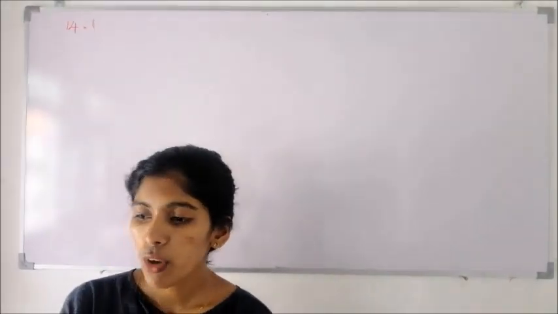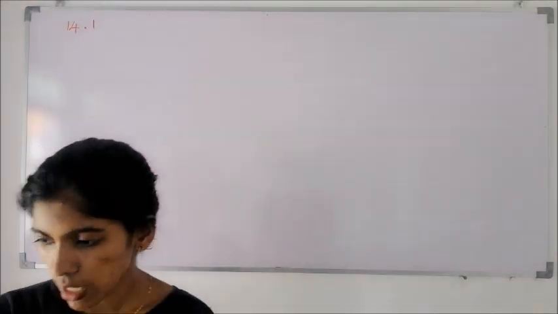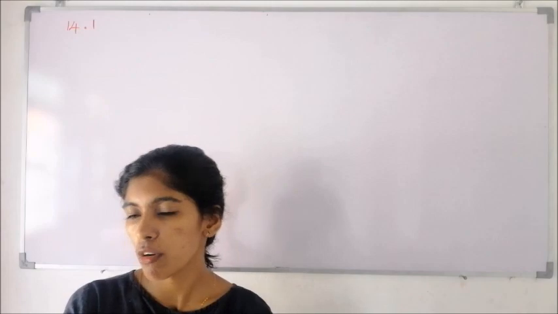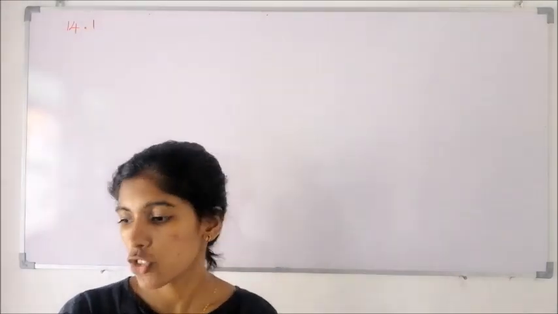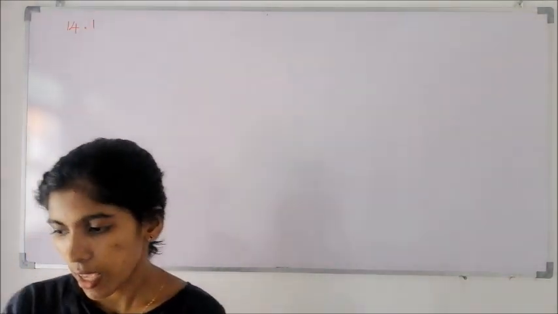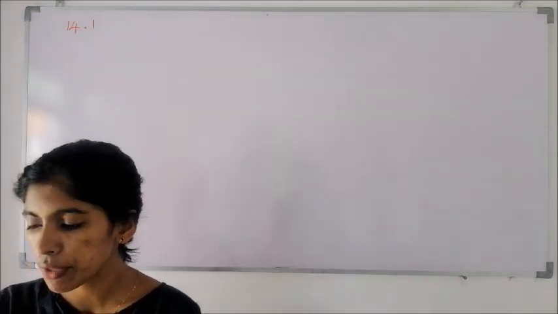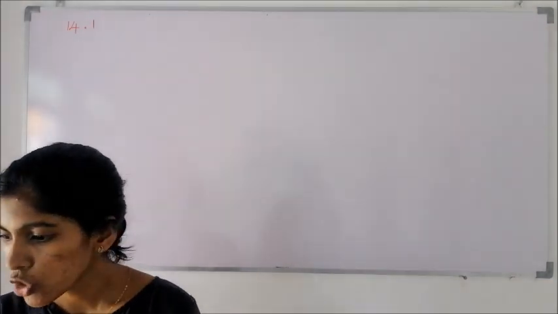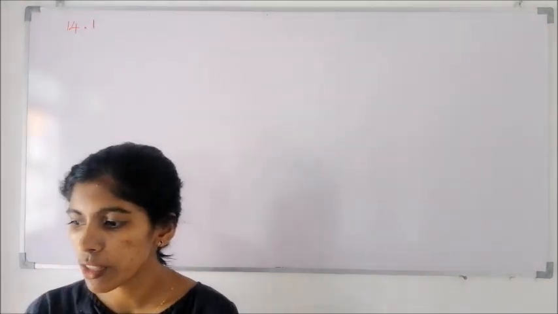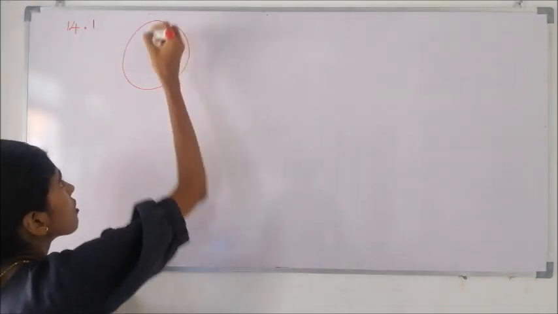Okay children, now we will go to exercise 14.1. There, by a rough sketch, show the locus relevant to each motion given below. Rough sketch means you need not use the compass, just a rough sketch. See A, the path of a rubber bushing which is tied to one end of a rope of length 50 cm and rotated by holding the stretched rope at the other end as shown in the figure. It must be a circle. For the first one, the locus must be a circle.